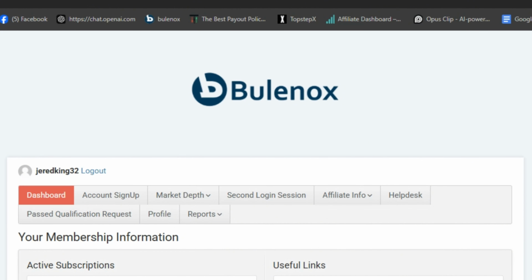Once that is taking place, you're going to use the same password and username that is on your dashboard. It's in the same place. I'm not going to show it here because I don't want to have to blur it out, but it's at the bottom of your dashboard. You'll see it, same place, same everything. So once you have that changeover and you get the email back from them,